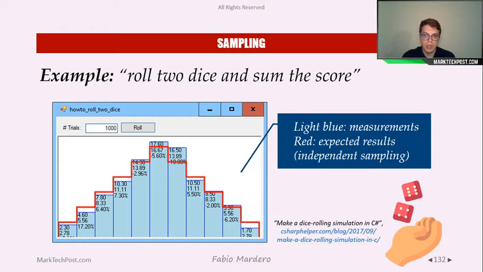In the red line, you can see the expected results from the previous section, the probability section, what in theory should happen when rolling 2 dice.